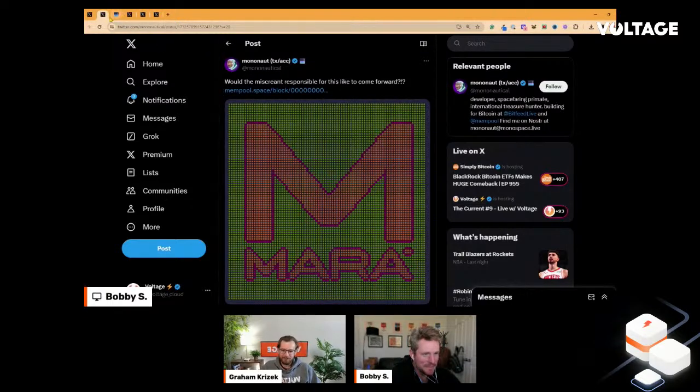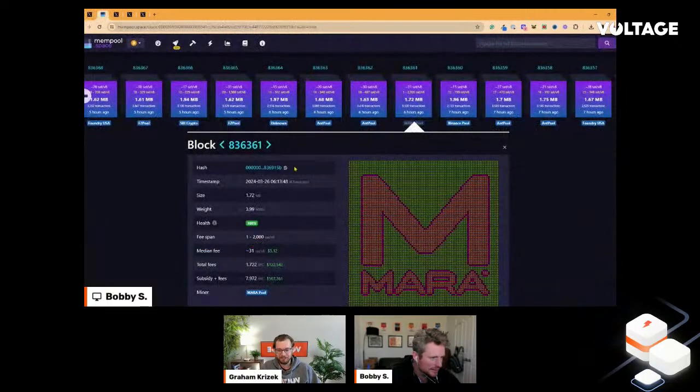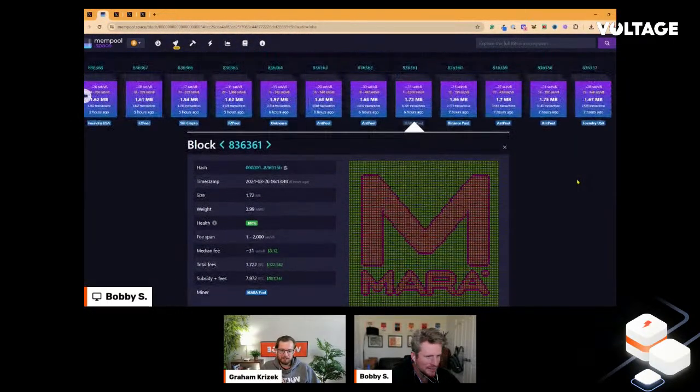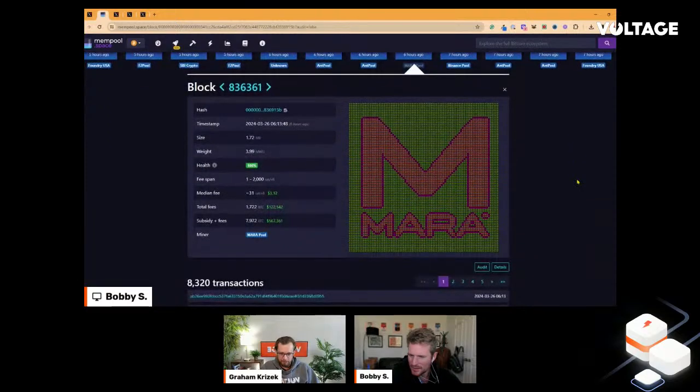Yeah, I think it's one of those things where it's interesting. I don't know what the real use case of this is, but it's definitely interesting. It's caught a lot of people's attention to see this in a block. It's viewable from mempool.space, but not really from any other explorer, where it's just a bunch of transactions like anything else. But it's an interesting piece of art that's on